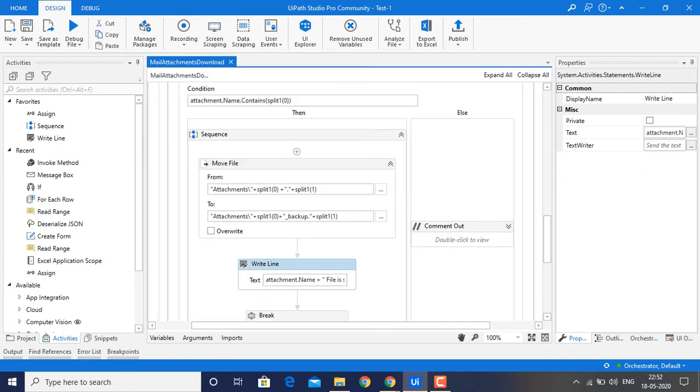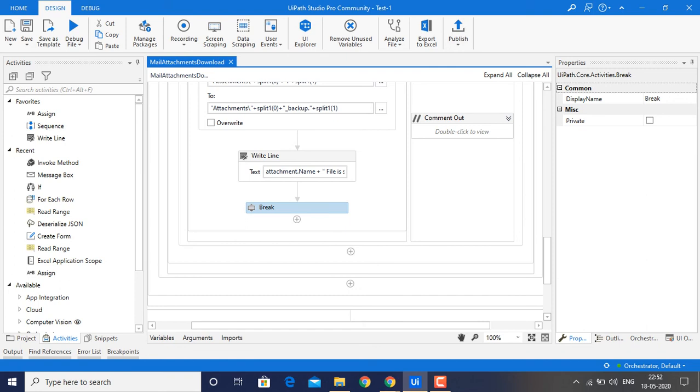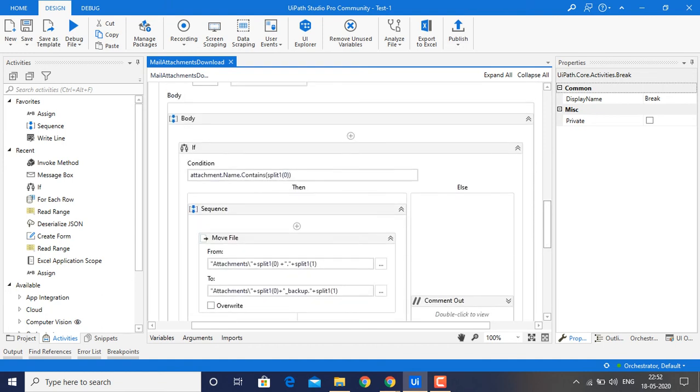Then I have taken attachment name dot files for debugging purposes, guys. And after doing this one, it is going to do a break. It means if it matches, then it is going to exit the for loop.